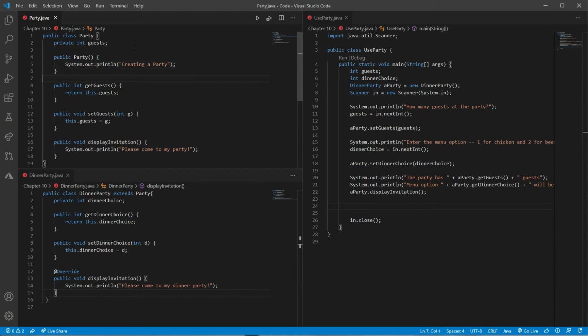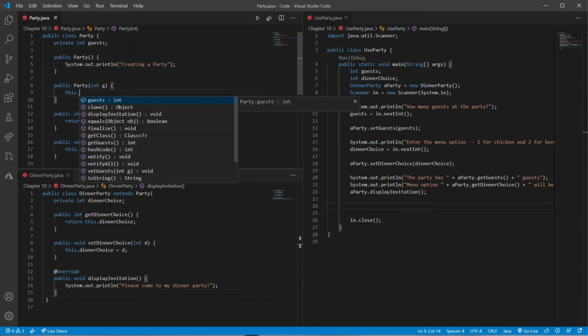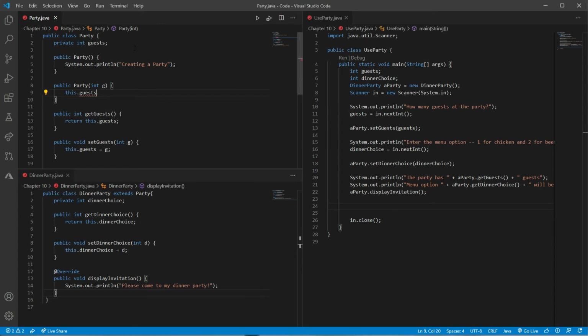Okay, I can go ahead and do another public party with an int guess. Let's make it just a G. And do this dot guess equals G. And include in creating a party with